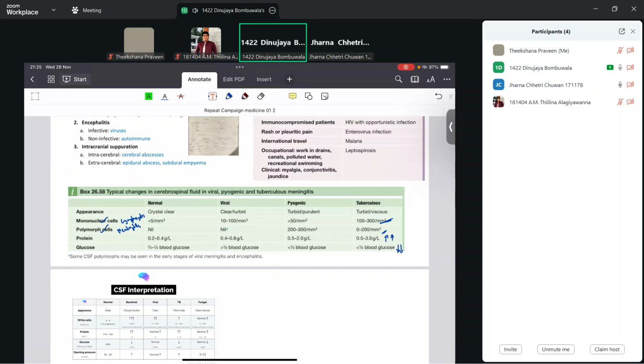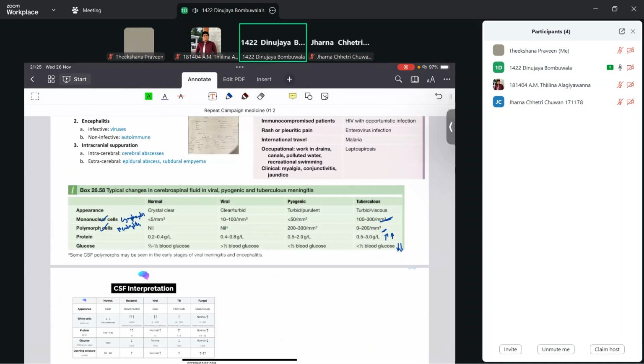Okay. If the patient presents with high-grade fever for 2 days duration with photophobia, and on examination the Kernig's and Brudzinski's signs are positive, your investigations are blood glucose, CSF analysis, and CSF for TB infection. So what else? What are the investigations you are going to do first? Full blood count. Yeah, full blood count.